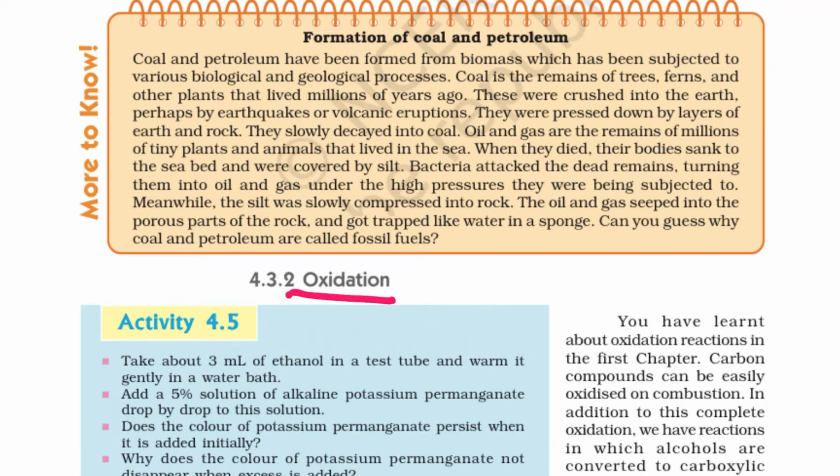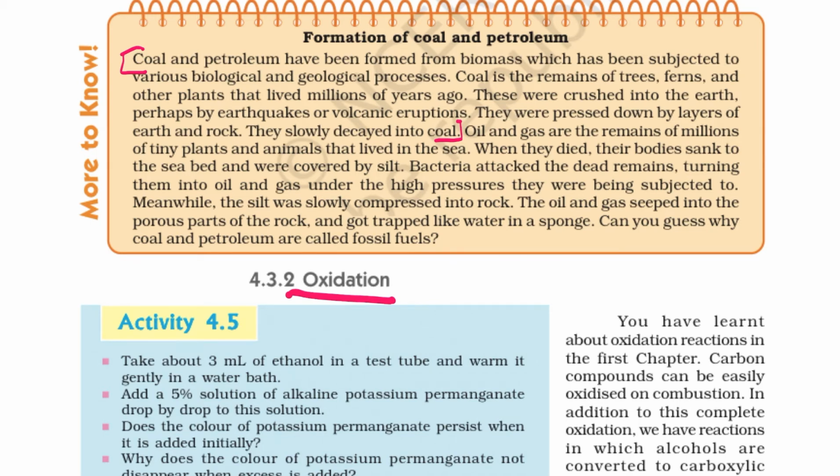Coal is the remains of trees, ferns, and other plants that lived millions of years ago. They were crushed into earth, prepared by earthquakes or volcanic eruptions. They were pressed down by layers of rocks and earth. They slowly decayed into coal. This is solid terrestrial deposition of organic matters, whereas oil and gas are the remains of millions of tiny plants